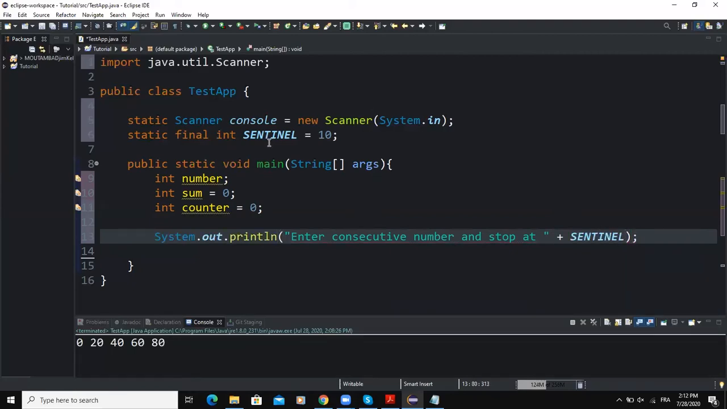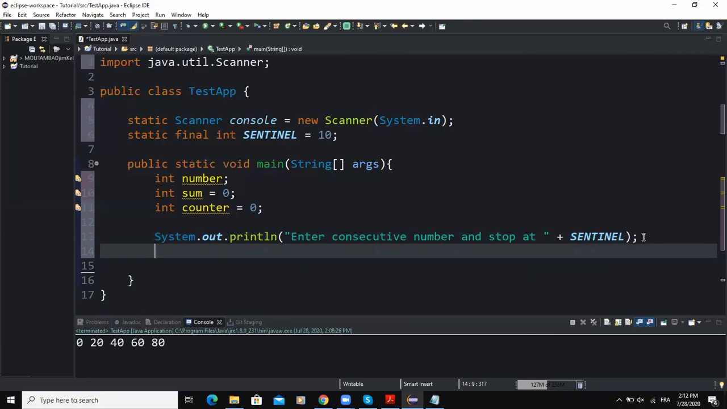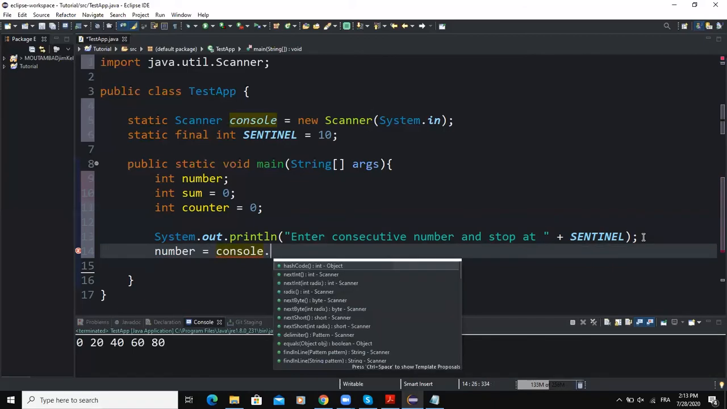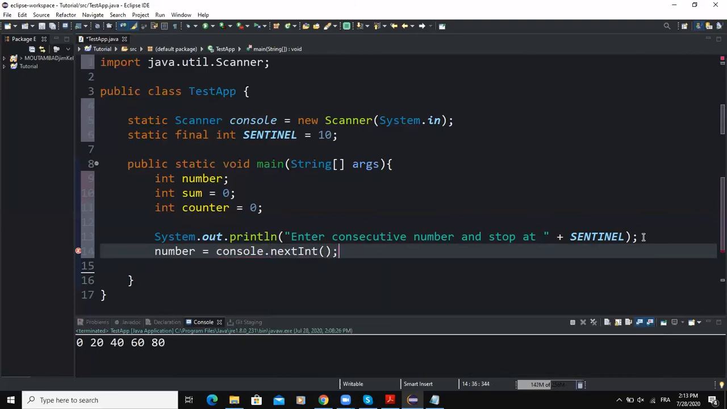Because we initialized the variable Sentinel to 10 here, this will output "Enter consecutive numbers and stop at 10", okay, at a number 10. So now I need to write my input statement. The variable number is going to hold the inputted numbers by the user. And then the name of the input object is console, and the method nextInt,